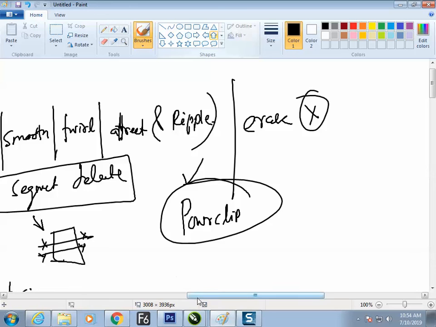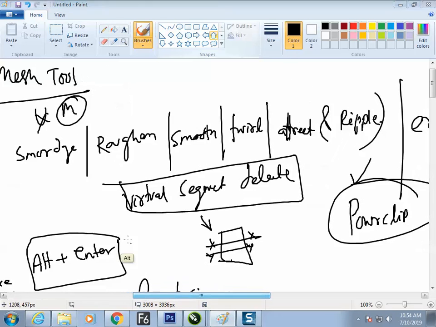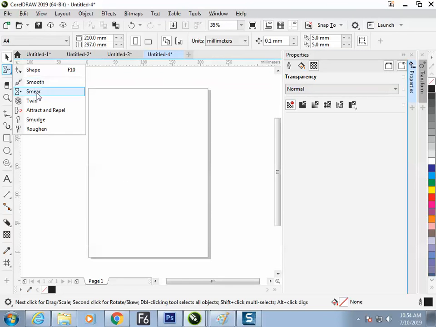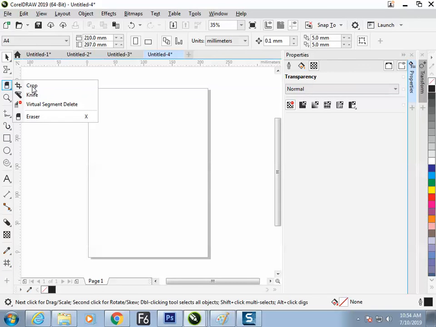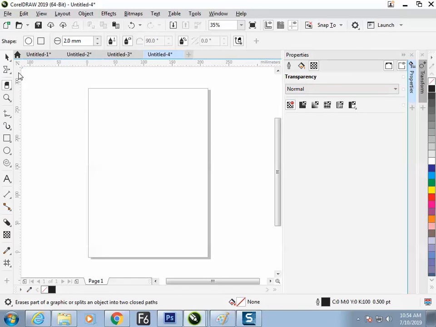The summary of the class: at this stage you got to know around 10-15 tools. 1, 2, 3, 4, 5, 6, 7, 8, 9, right? Then 10, 11, 12, 13. 13 tools at this stage. Just have a good note of it. Find the hotkey and just